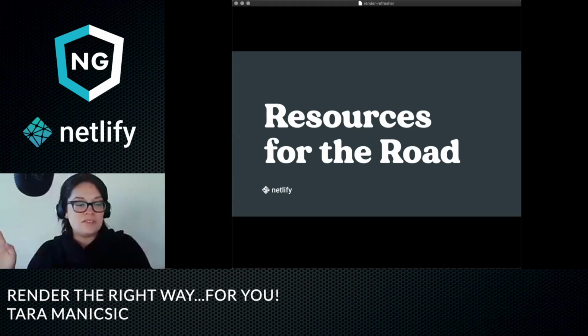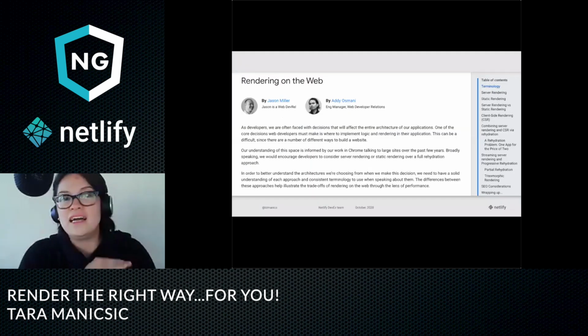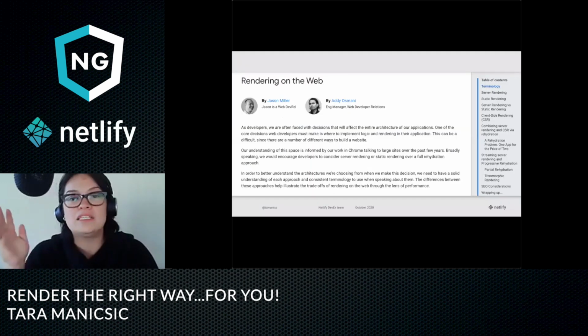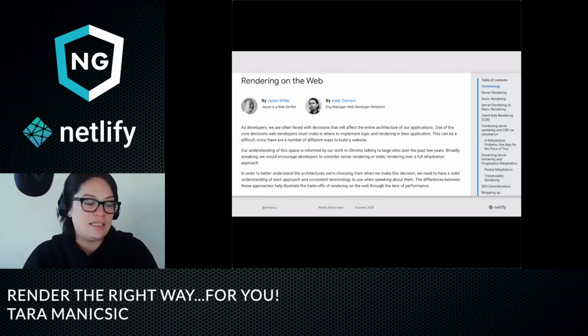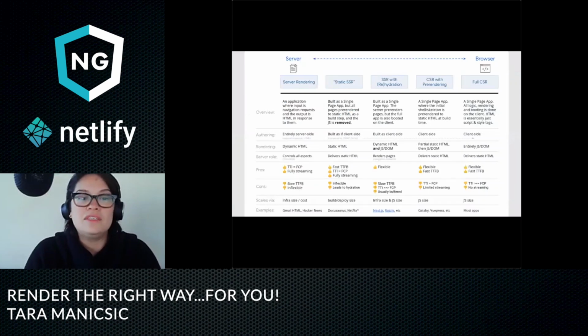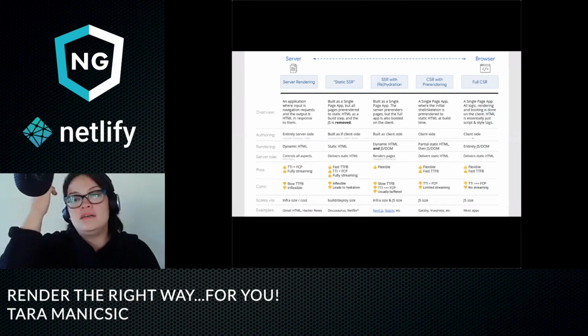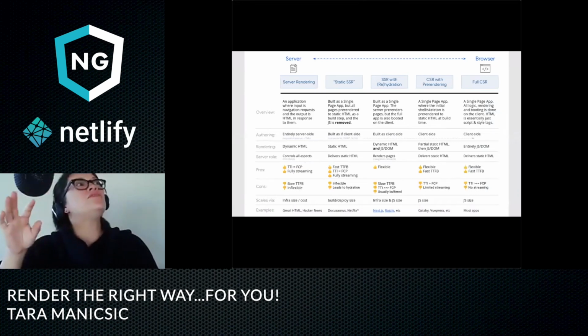Okay, so some resources for the road. Again, highly recommend, for any questions about rendering, check out that Rendering on the Web blog post from Addy and Jason. They have this really great table at the bottom to kind of walk you through it really short,